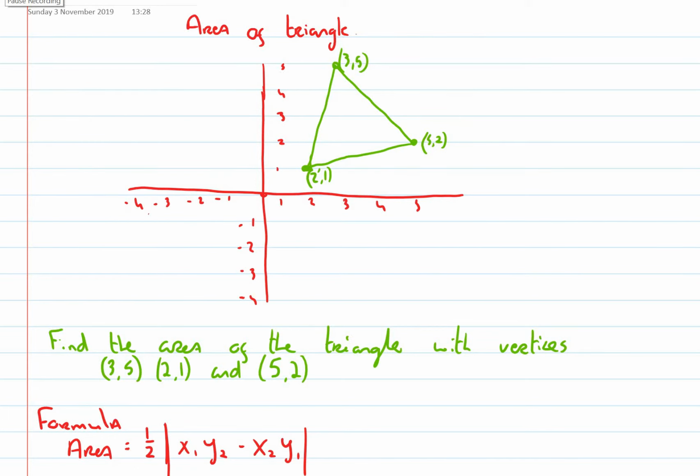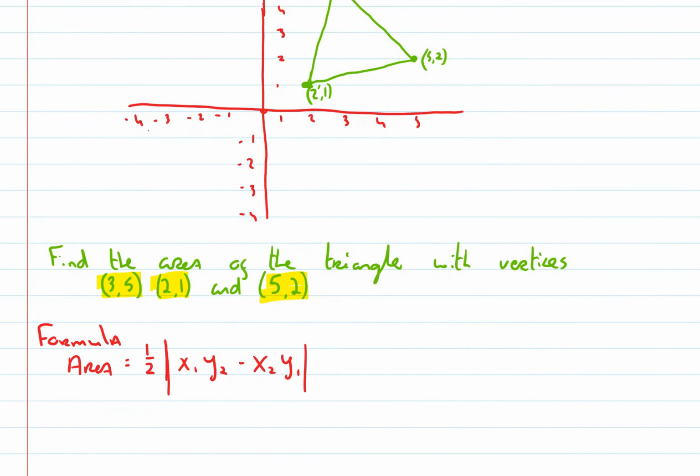In this video, we'll look at finding the area of a triangle in coordinate geometry. Here we have a triangle with three vertices: (3, 5), (2, 1) and (5, 2), and there's the triangle there. If we're asked to find the area of a triangle using coordinate geometry, here's our formula: half